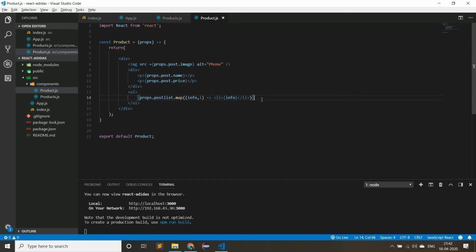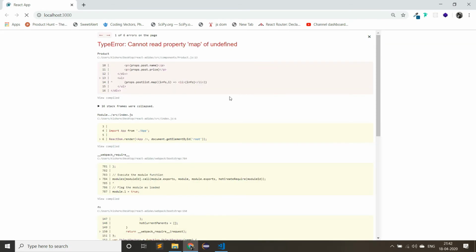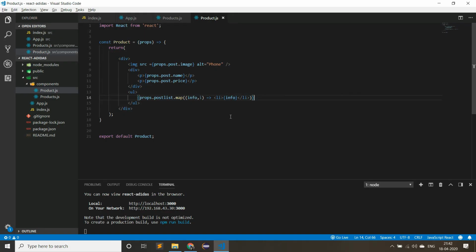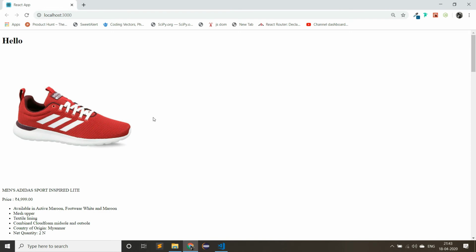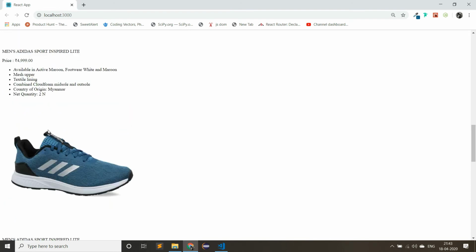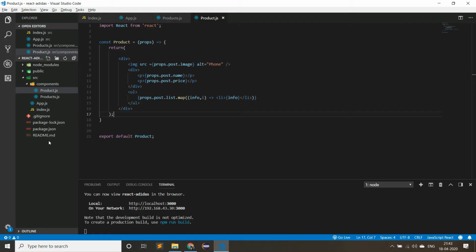So here props.post.list. Change that as props.post.list. Now it will work fine. Refresh the page again. Now we can see we are getting the description about the products in an ordered list.